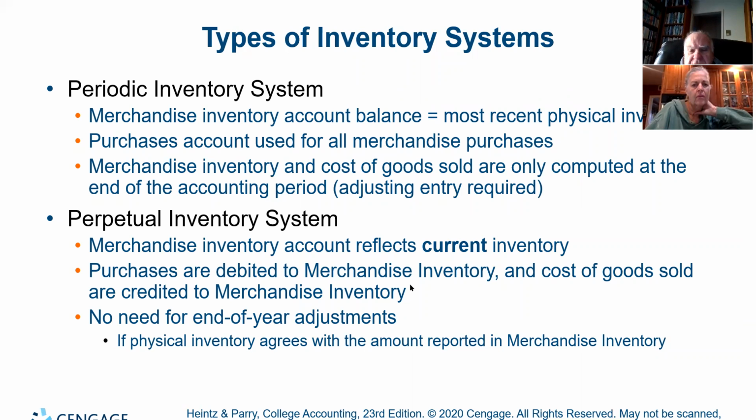You're debiting to merchandise inventory and cost of goods sold is credited to merchandise inventory, right? You debit merchandise inventory when you buy it and you credit merchandise inventory when you sell it. And under the perpetual system, hopefully there's no need for end of year adjustments if the physical inventory agrees with the amount reported in the merchandise inventory. Now, in reality,